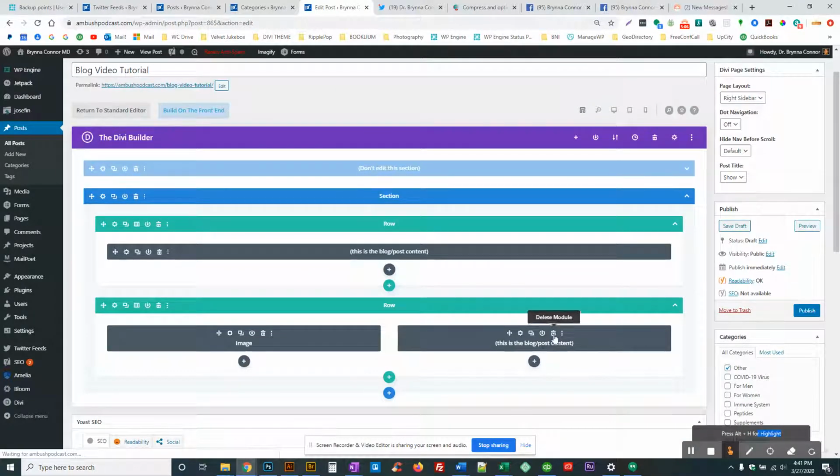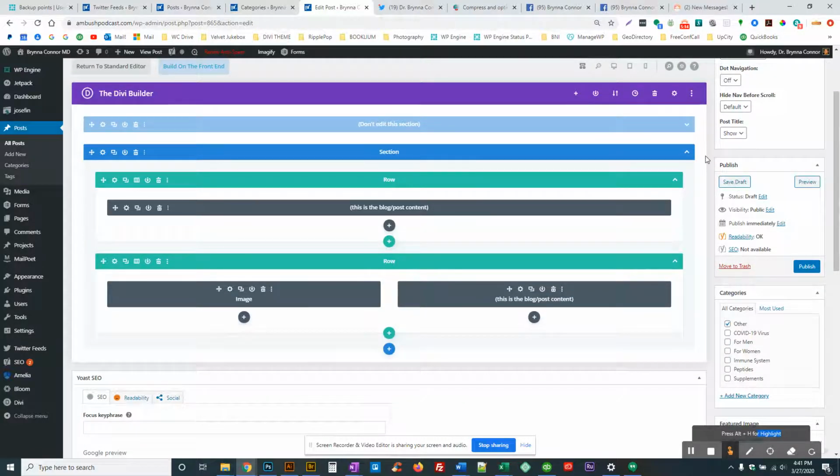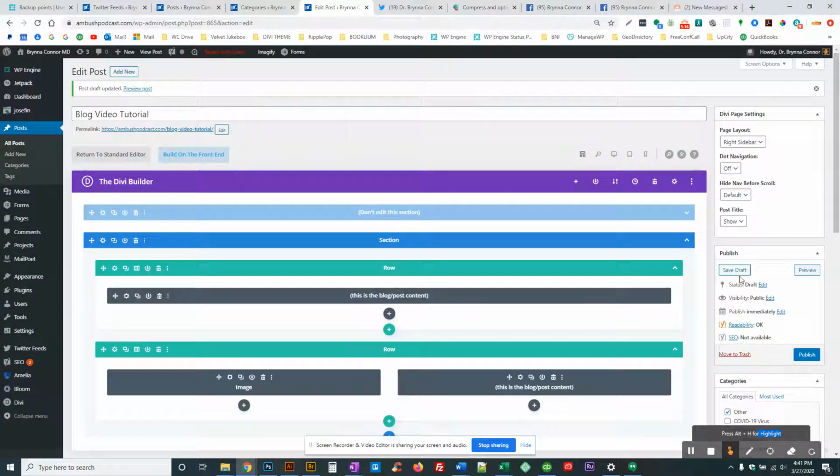And there would be no reason to keep that there. And I'm just going to, well, I'll show you what it looks like. So let's save this as a draft. You don't want to publish a blog right off the bat because if you publish it, it goes live. But you can save it as a draft and just preview it locally as much as you want,